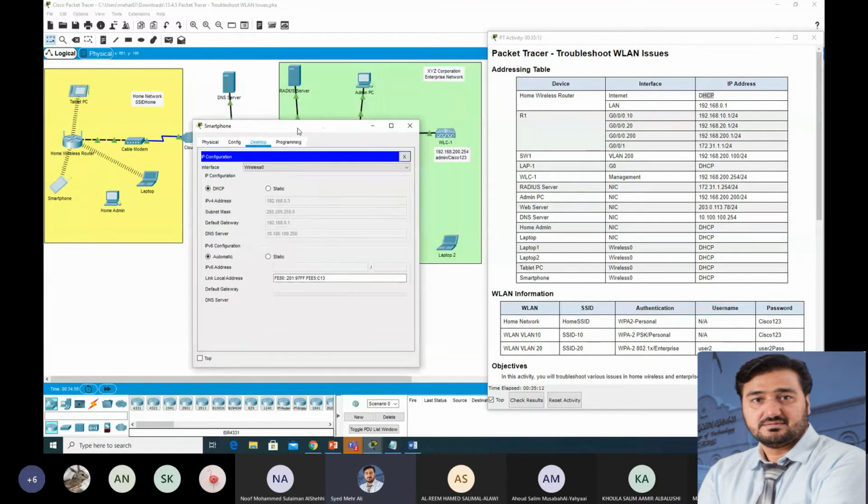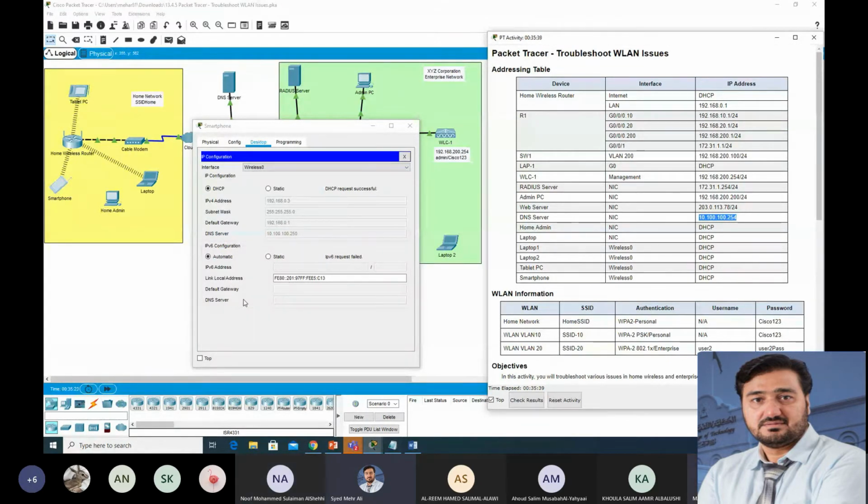Go to the DNS. Here is the DNS server. Check the IP here. Is it the same? Tell me, is it the same, Malik? No. Noor?